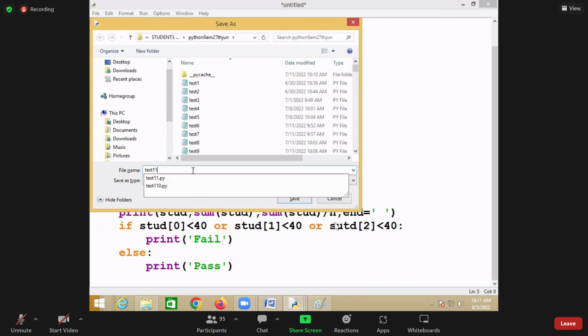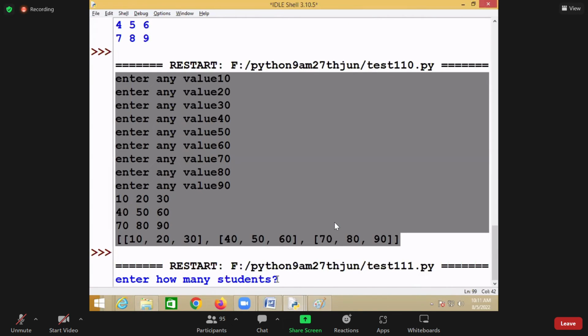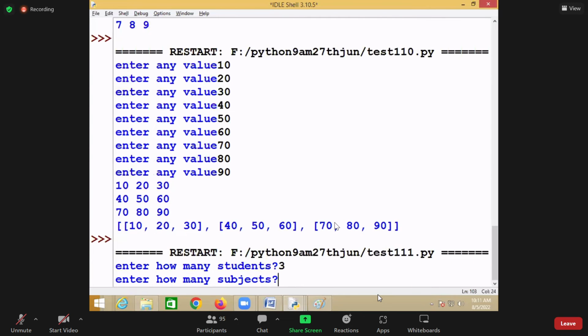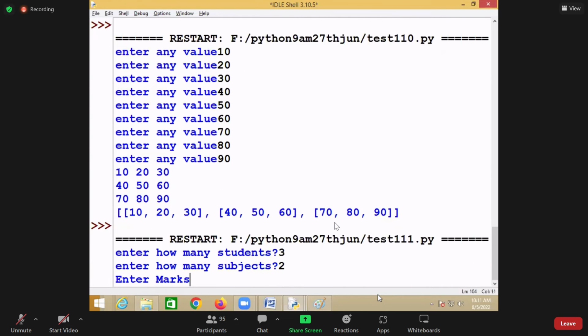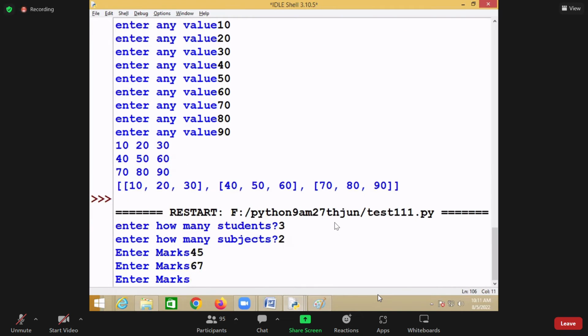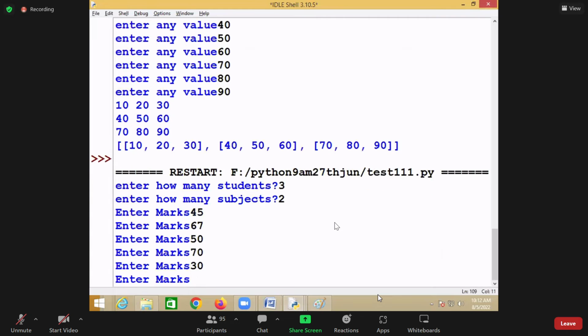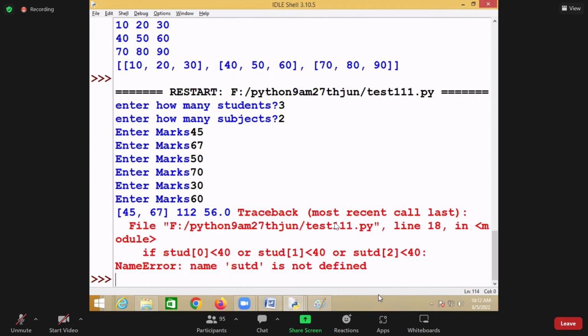So what I'm doing is, once I run this, it is asking: enter how many students? 3 students and 2 subject marks. Okay. So this is the first student's marks, and this is the second student's marks. Okay, this is the second student's marks, and this is the third student's marks. Okay, so each student is having